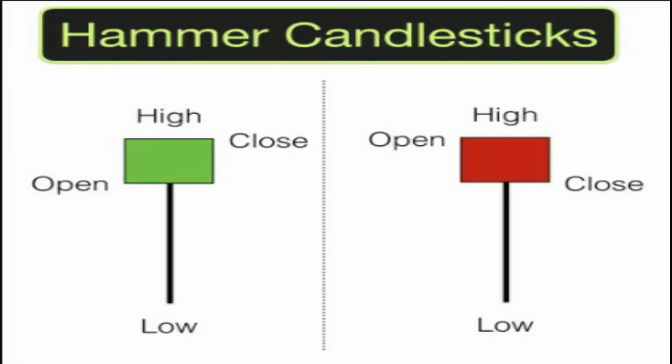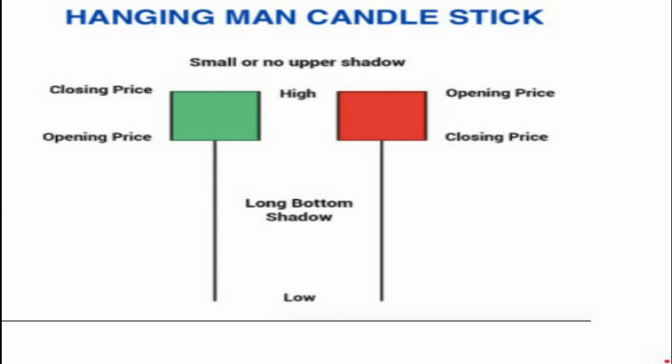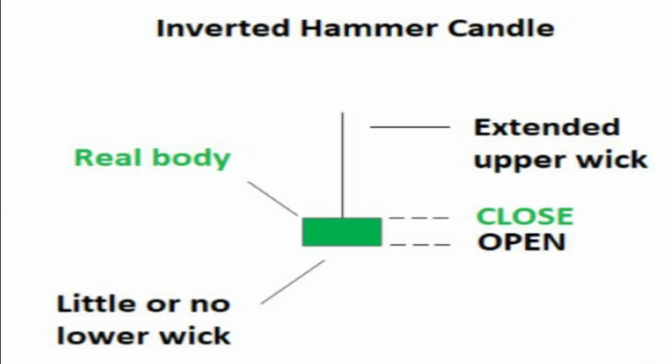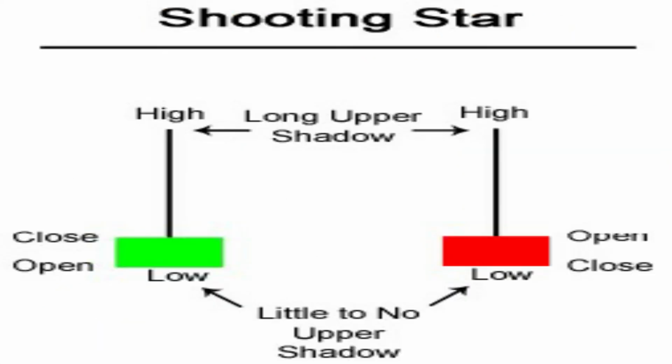Hammer. Buyers have come in during the downtrend and it may be about to reverse. Hanging Man. Suggests that many longs have positions they are trying to sell, and may indicate a reversal. Inverted Hammer. The small body at the bottom of the trading range should concern bears, and could form a morning star.